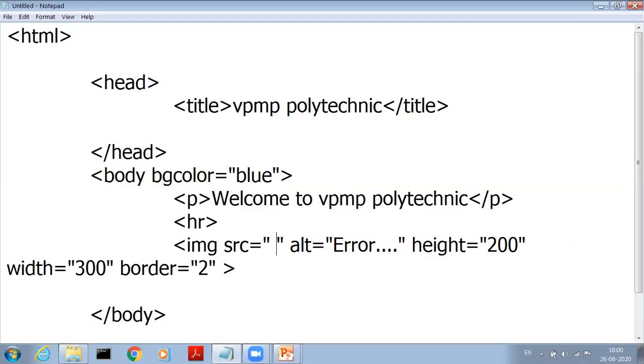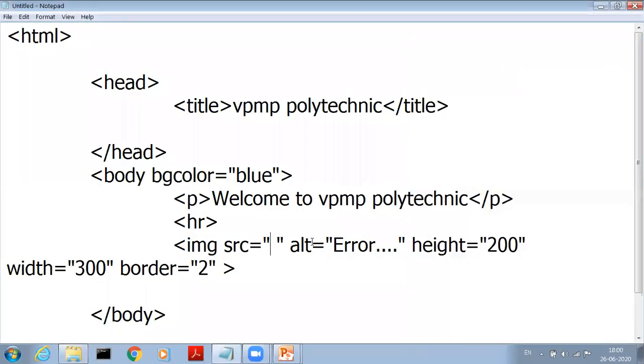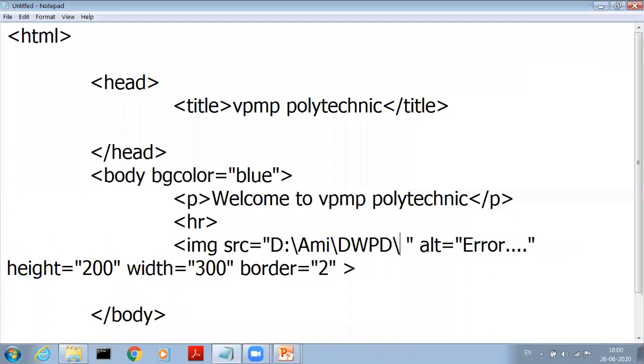Now SRC, SRC means source path. I want to display an image desert.jpg which is in D drive, in AMI folder and in again DWPD. So first of all I have to copy this path, then after that the name of the image.